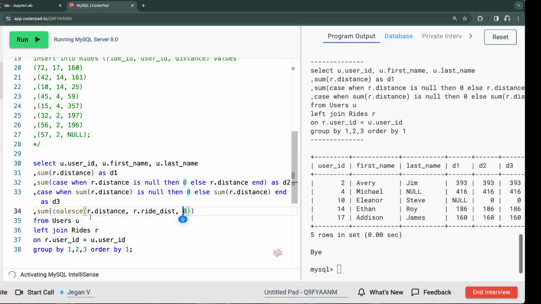First it will check for r.distance. If it's null, then it goes for the next column, and then if that is null, it goes for the third column. So that's the main use of the COALESCE function. Okay,